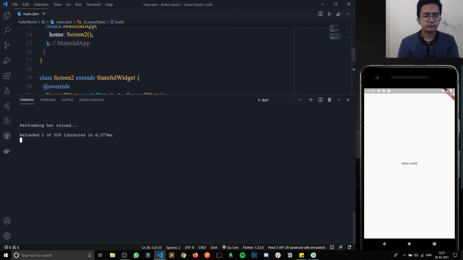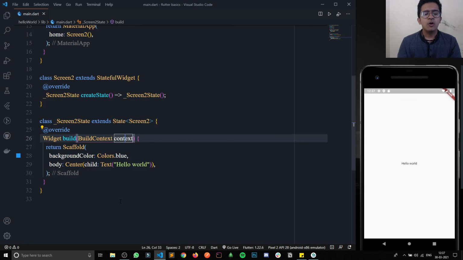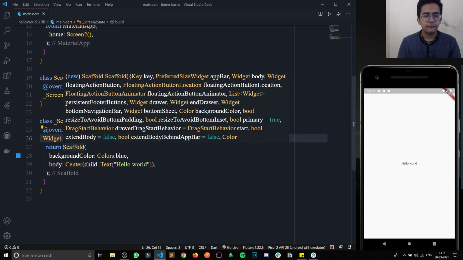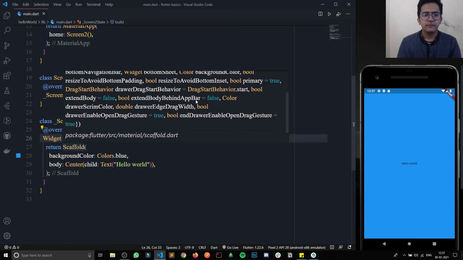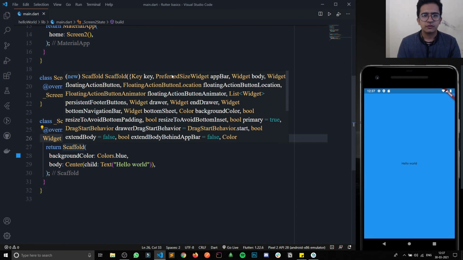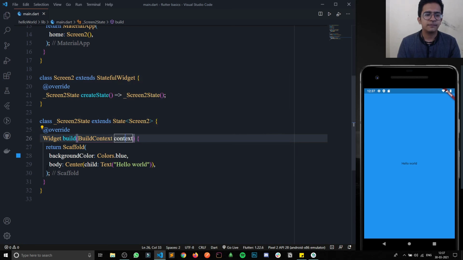In Flutter you can just hover above it, and then you can see all the properties it accepts. Here you can see app bar, body, the body which we are using here. And now it has turned into the blue color. Great.